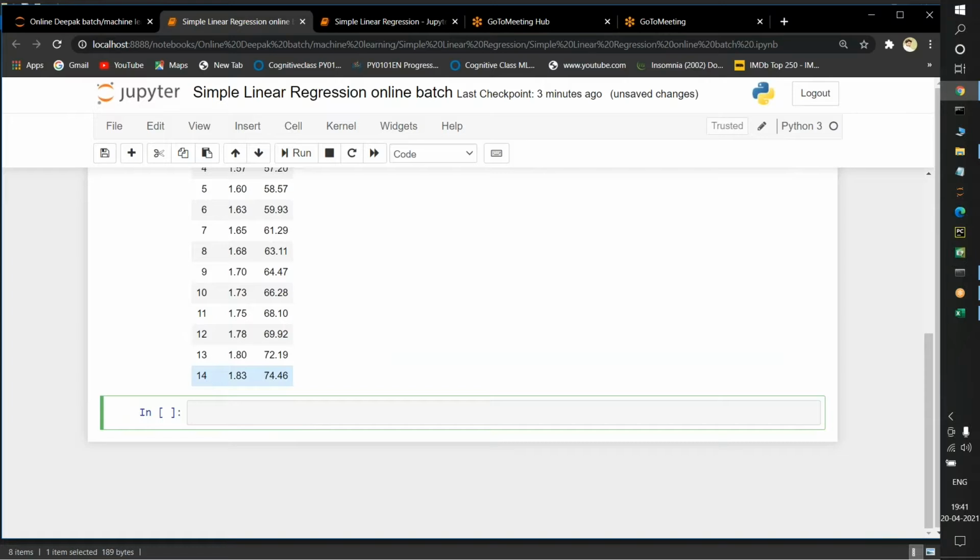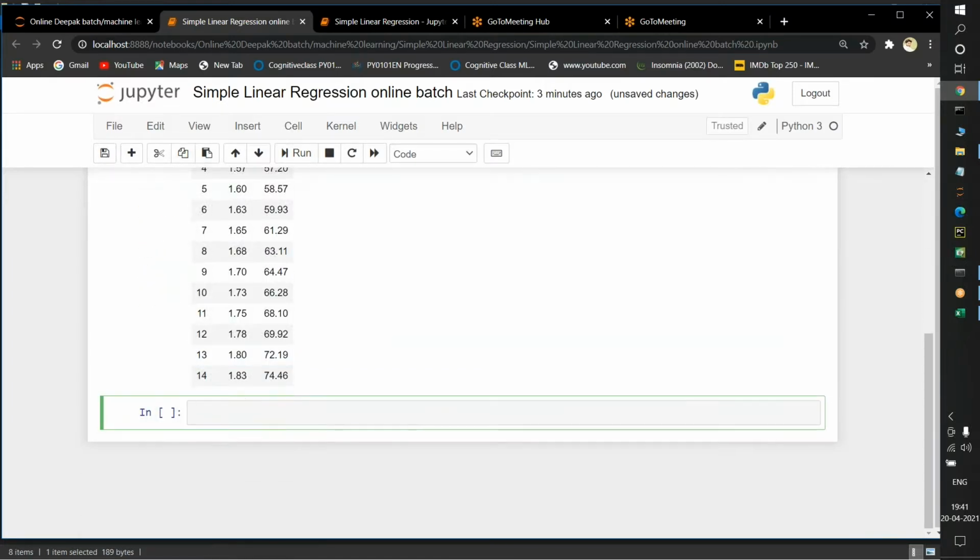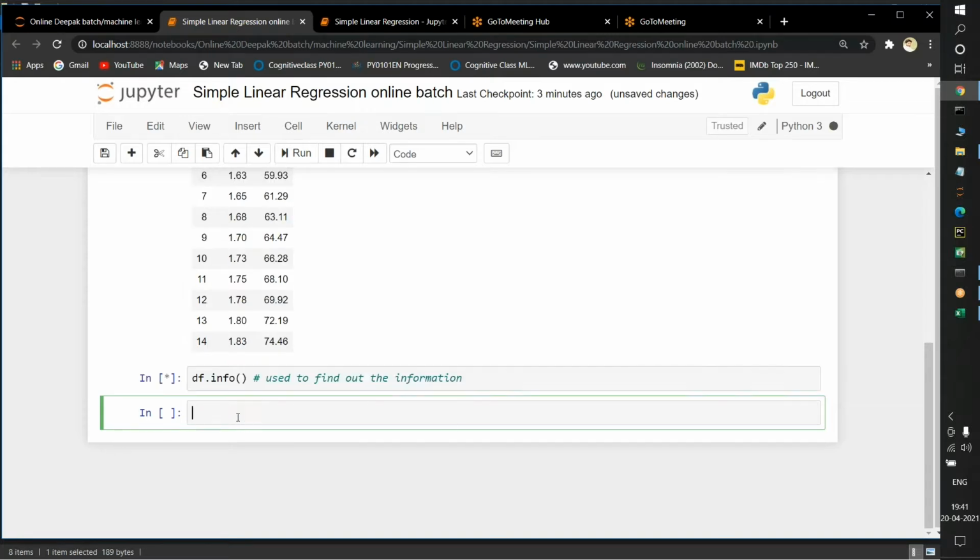How many observations are there? 14, which means 15, because the index starts from 0. 15 observations are there. If you want to find out the information, df.info is used. I'm executing it.